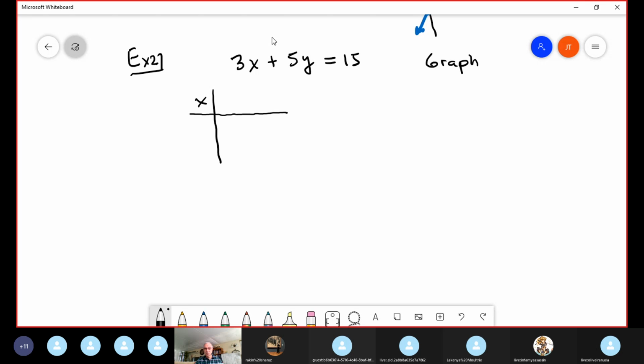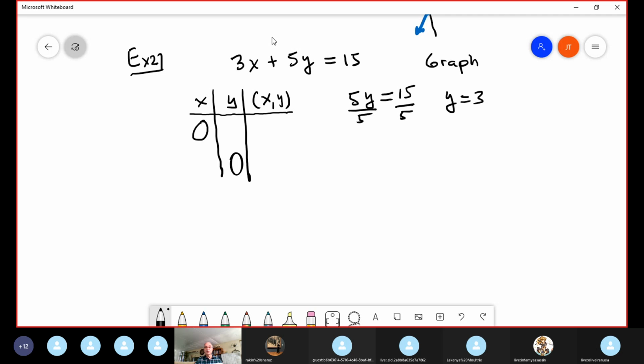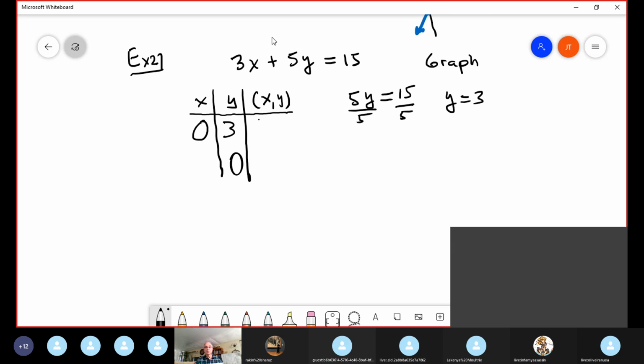that contains 3 columns: x column, y column, and x comma y column. And remember, 0 in x and 0 in y, because I want to do the graph using intercepts. With 0 in x, you replace x with 0. It's obvious, when you replace x with 0, 0 times 3 is 0, and that part disappears. I copy my equation: 5y equals 15. You want to find y, so divide by 5 on both sides. Y is 3, because 15 divided by 5 is 3. Put 3 here. And the point is